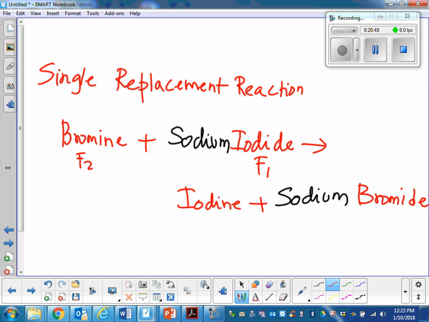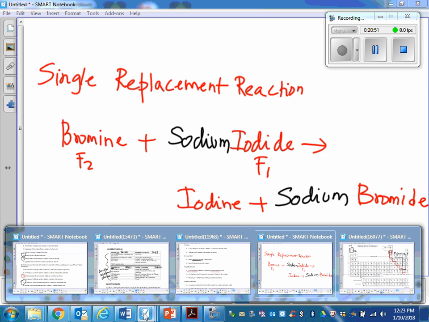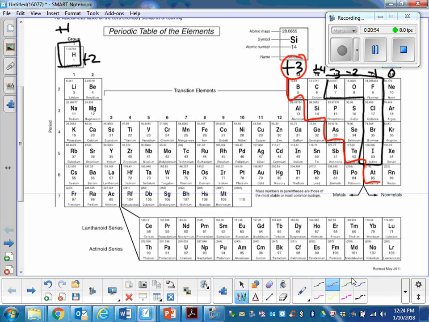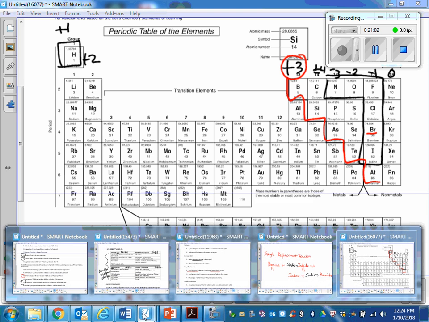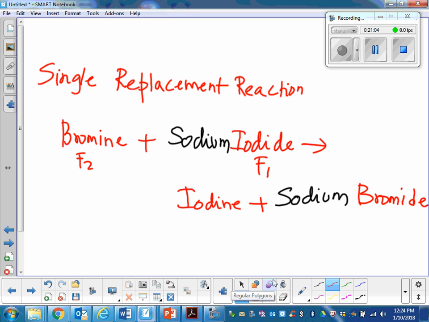David, is bromine one of my diatomic elements? Is bromine a diatomic element? Is it in that 7? Therefore, how do I write bromine? With a 2 in the bottom. Is that right? Plus,